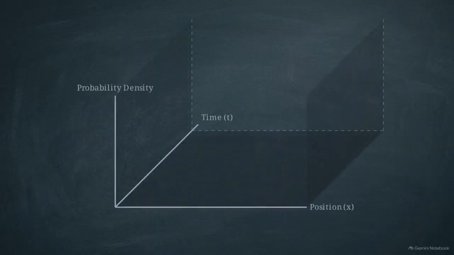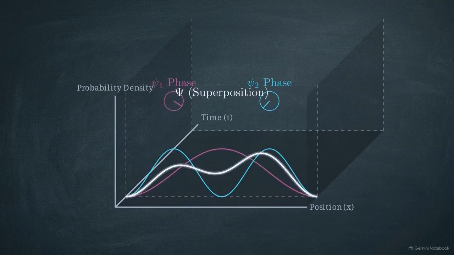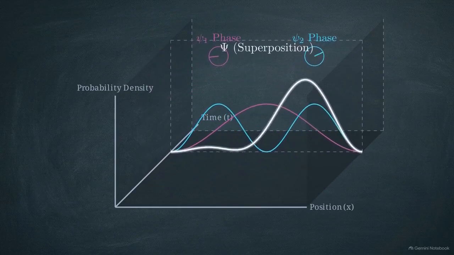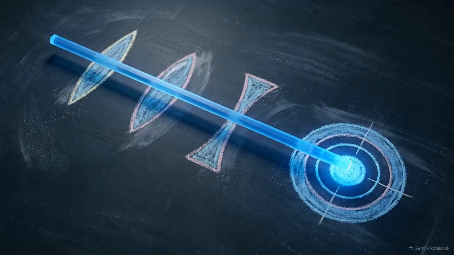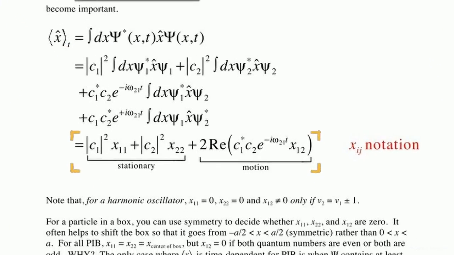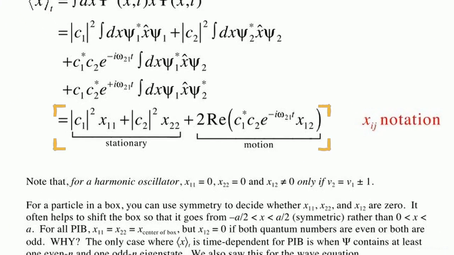Physical motion at the quantum level is the result of this rhythmic sloshing, caused by perfectly stationary states interfering with one another. To see how this translates to a laboratory measurement, we calculate the expectation value of position. This calculation requires integrating the sloshing probability density over all space. The final line of the derivation reveals that the position integral splits into stationary terms and the single motion term.